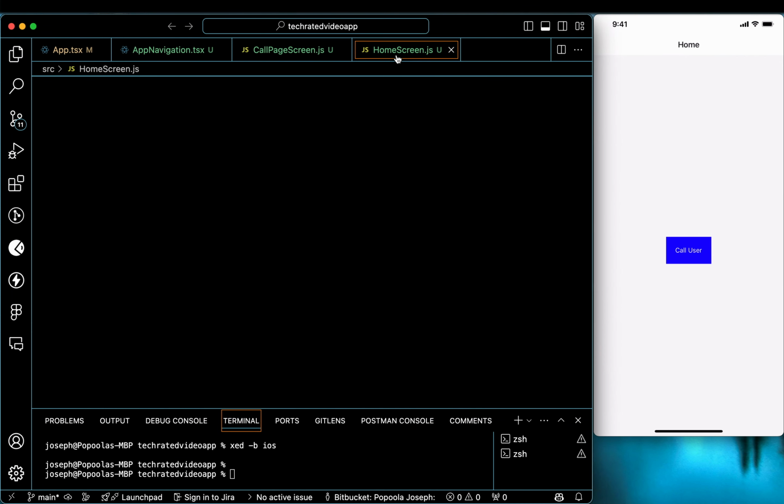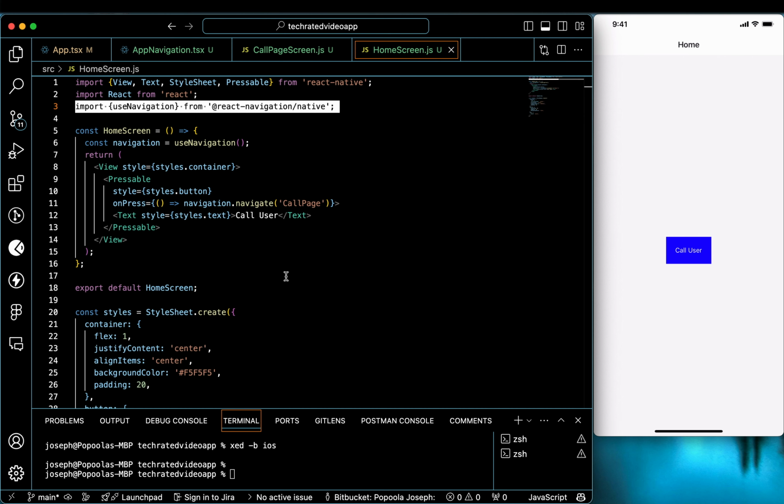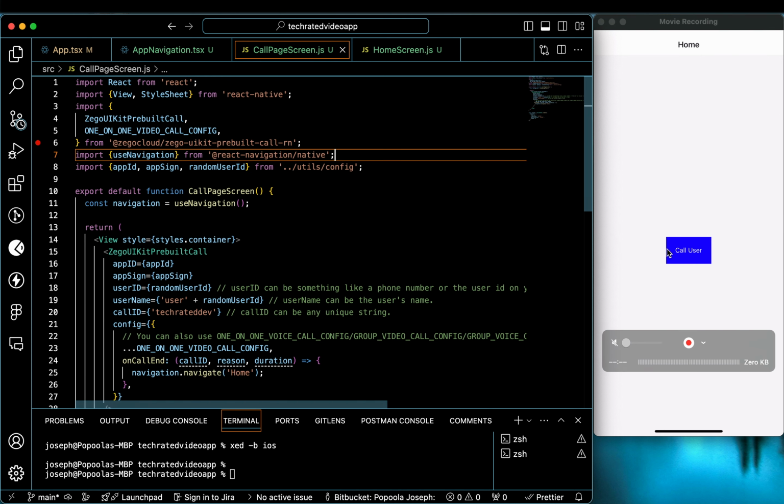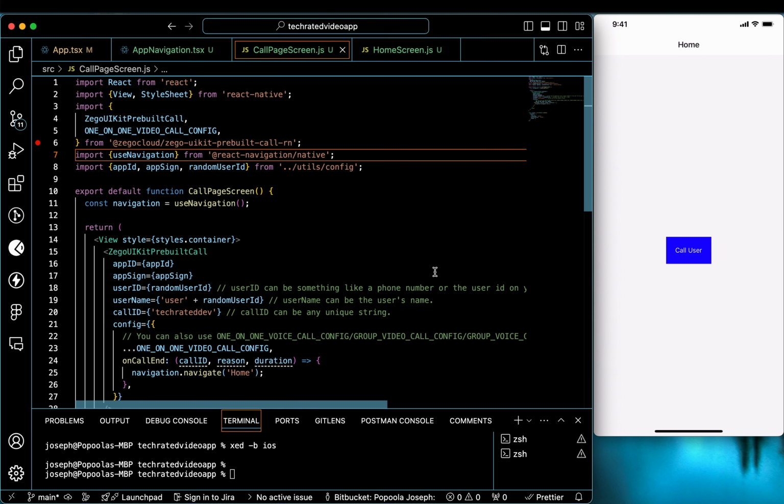Different screens here. As you can see here, our home screen, you can see what we built. So all we have to do now is just call user, and we'll be able to start the live call, and you'll be able to see the video calling implementation done. So if I click on call user,